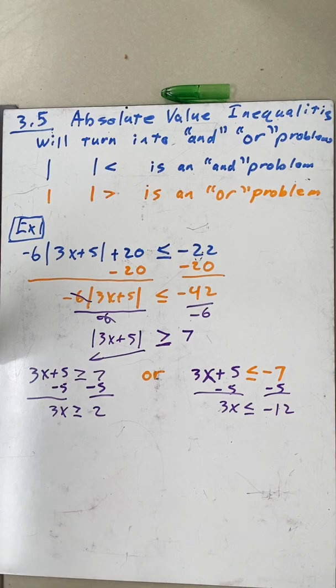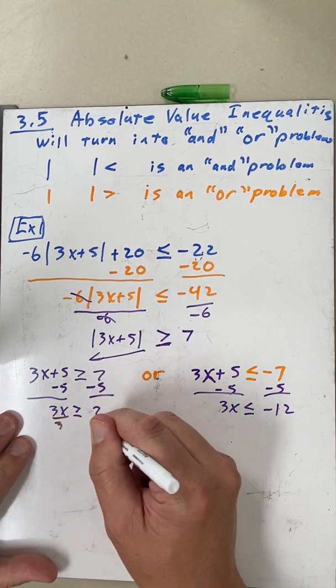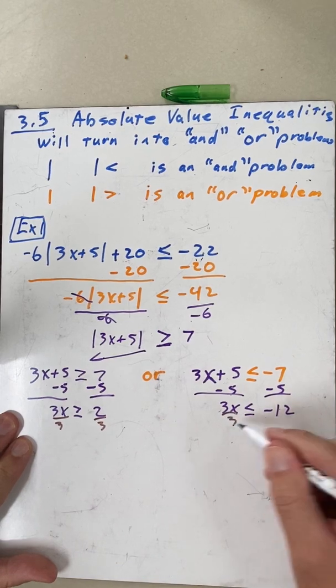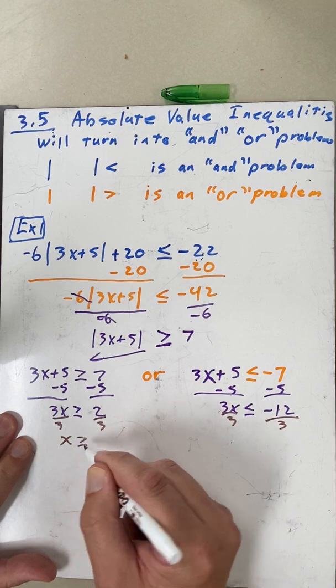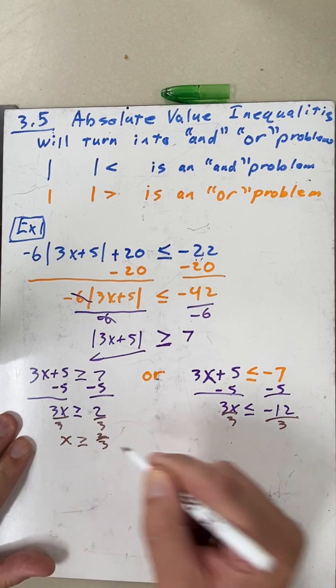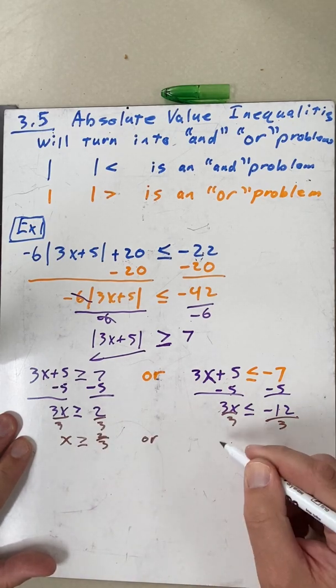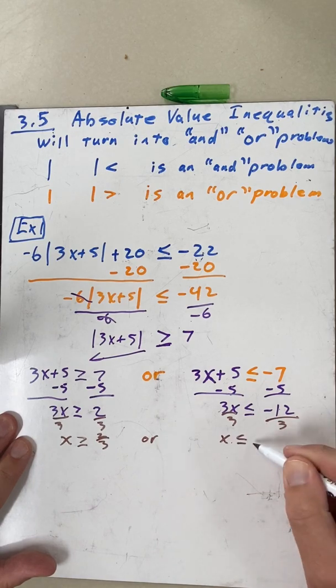Now at this point, we're going to do the exact same thing. We're going to divide by 3, both problems. And we'll get x greater than or equal to 2/3,